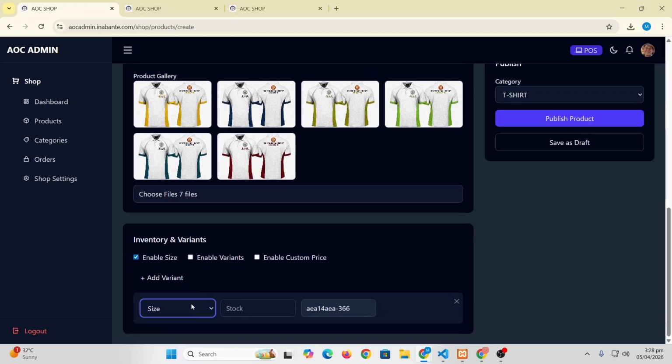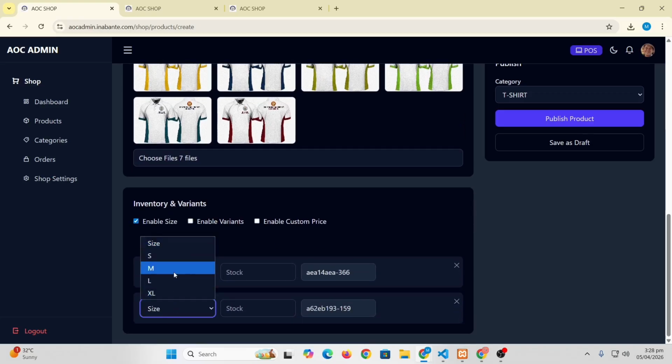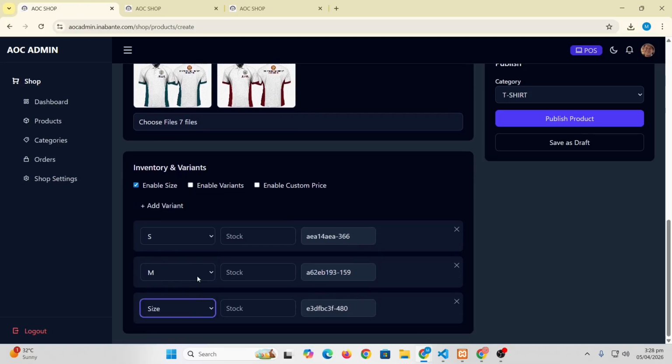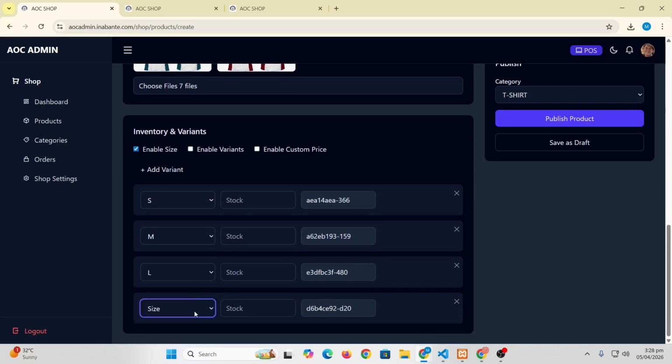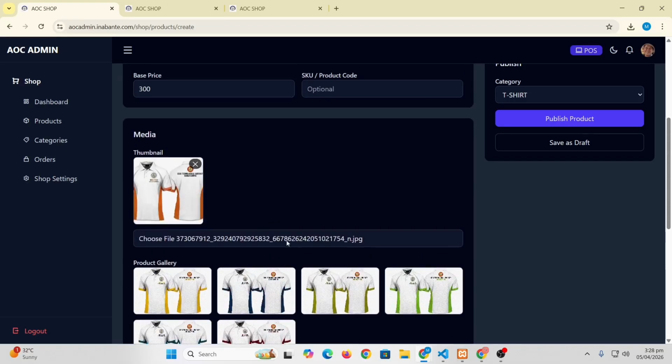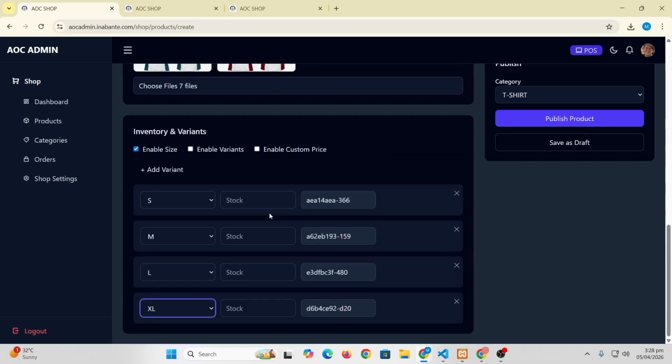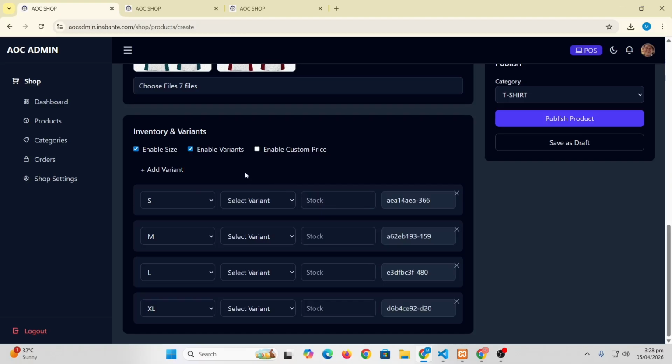Then in inventory, you can add size. For example, you want small, medium, large, and XL. As you can see, it also has different colors, but you can enable the variant. So for example, small, that is color red.